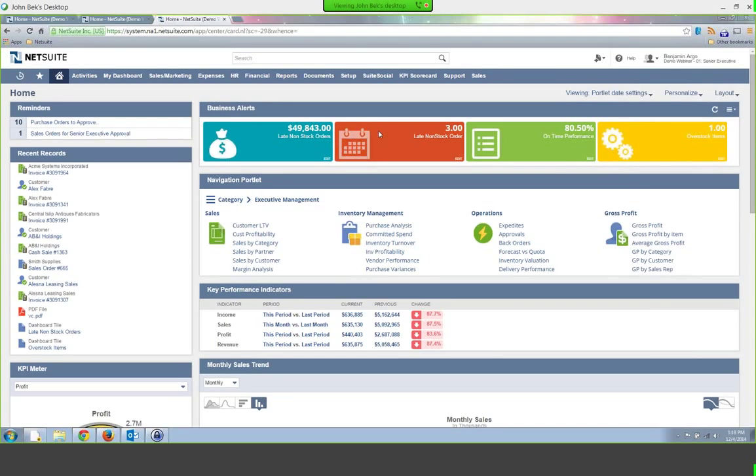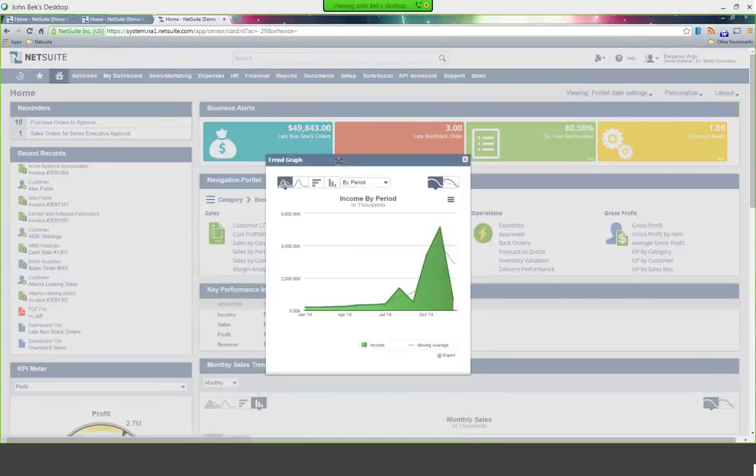I'm seeing various alerts here, and in these tiles, you can see that they are color-coded with information. Each one of these is dynamic in nature. I also have below this a navigation portlet of typical favorites, activities or processes that I might need to engage in very rapidly, and I can click on any one of these as I need to. Below that, I've got a series of KPIs, and for each one of these, for example, income, sales, profitability, I can look at the current period versus previous. I can see the changes going up or down. I can click on any one of these, and I can pull up a chart that's going to put that in a graphical format for me.